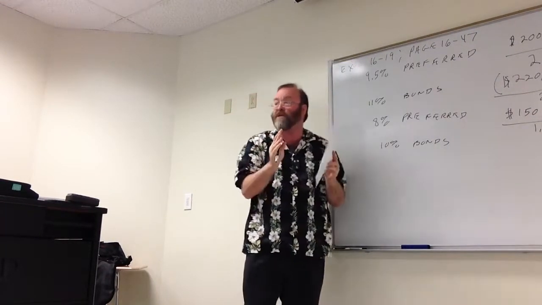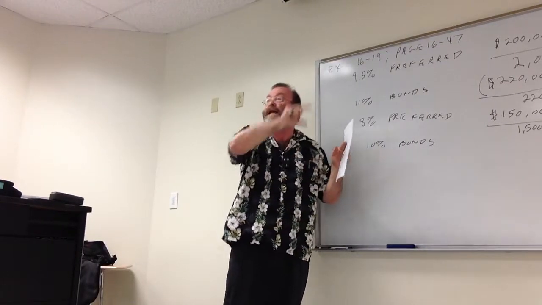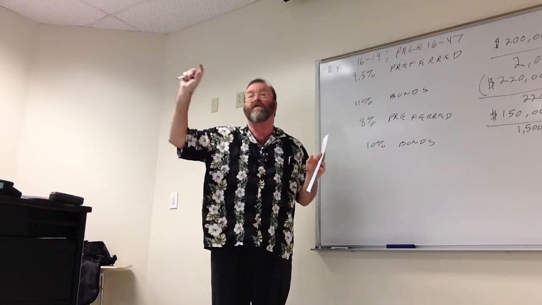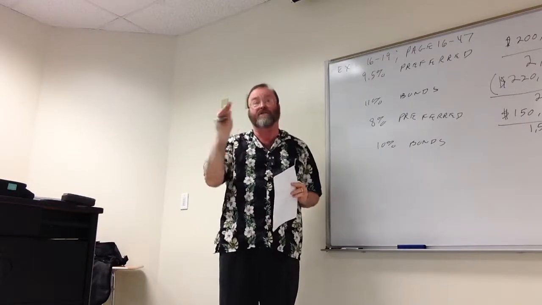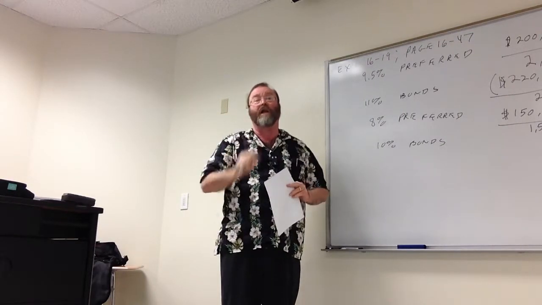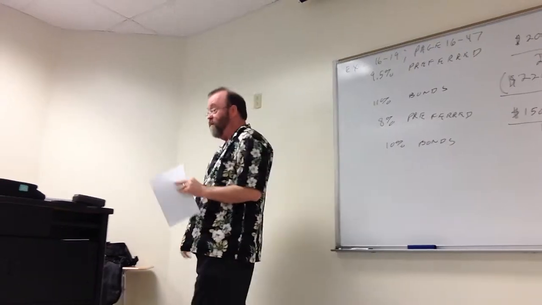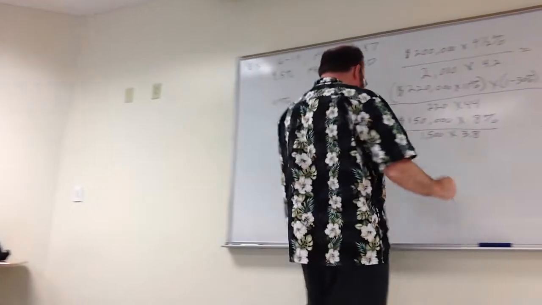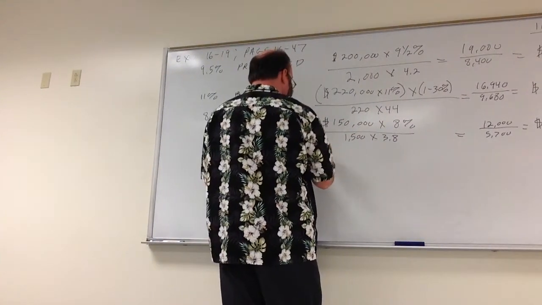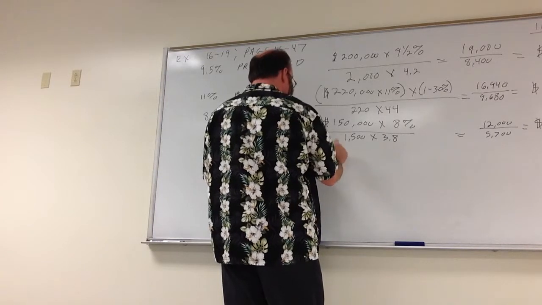So we're going to take the interest calculated on the bond, and then we're going to add the amortization, straight line in this case, the straight line amortization on the discount on bonds payable, before we then multiply it by 1 minus the tax rate. All right? So the discount is being amortized over a 20-year life, and each $1,000 bond is convertible into 55 shares. So on this one, we take the 100,000,